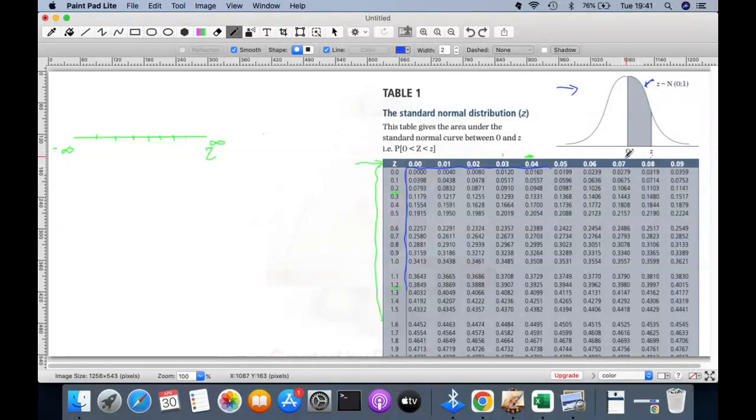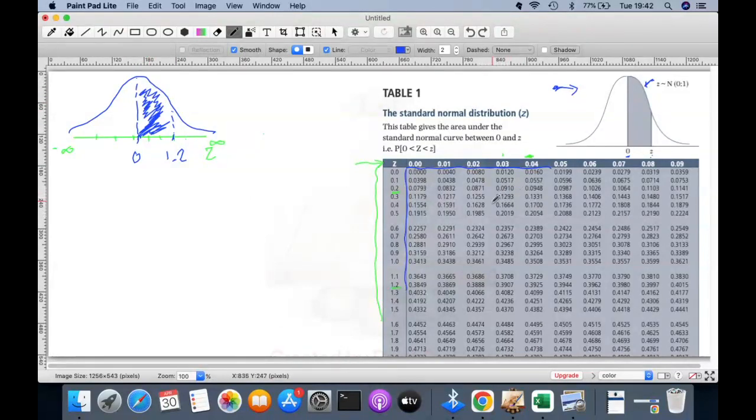So if I want to know the area from 0 to say 1.2, here's 1.2 on your z-axis, and there's 0. And then let me get to this curve as well. It's something like what I'm doing here, but obviously my freehand drawing is not the greatest. So if I want to know the area from 0 to 1.2,